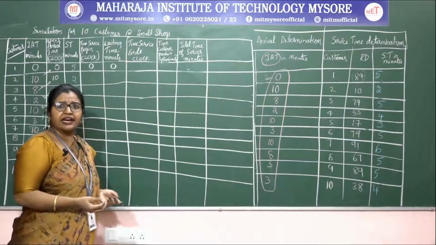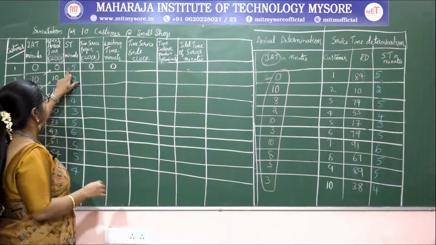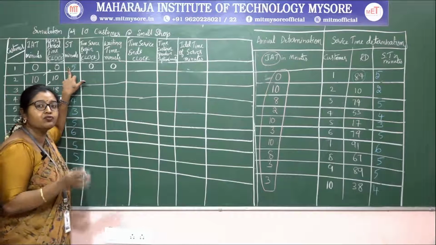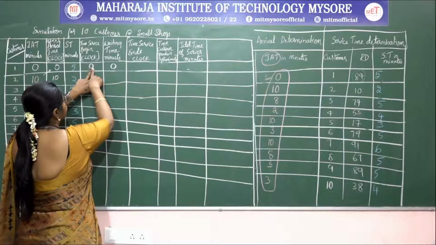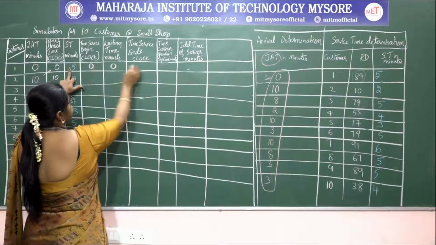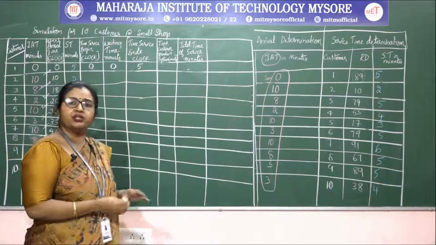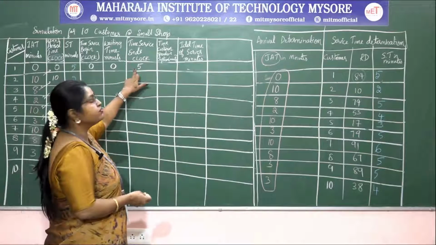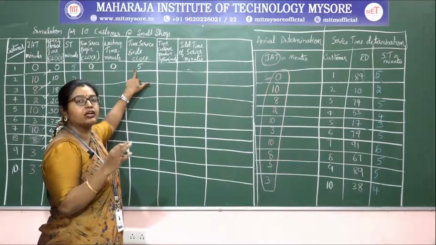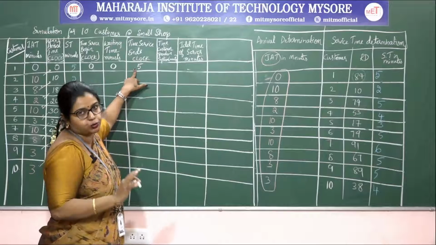At what time does the service end? It is based on the service time he has taken. He is going to take the service for 5 minutes. So he started at the 0th minute, he takes 5 minutes of service, therefore he is going to complete his work by the 5th minute. It is not 5 minutes, it is the 5th minute that ends his process.